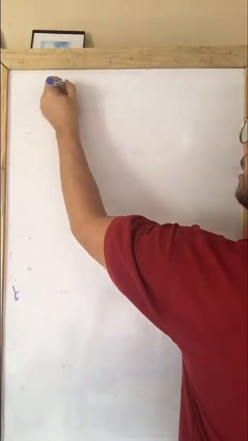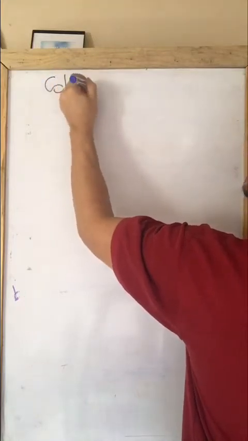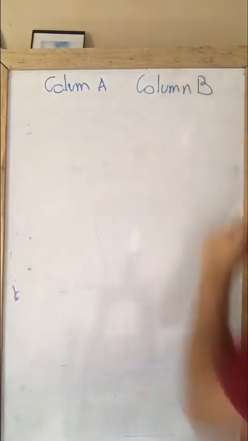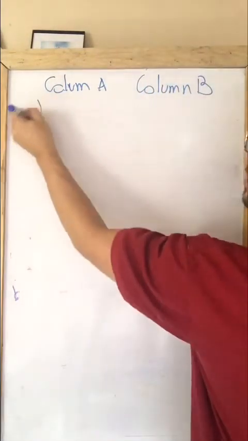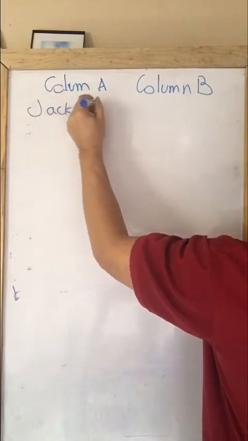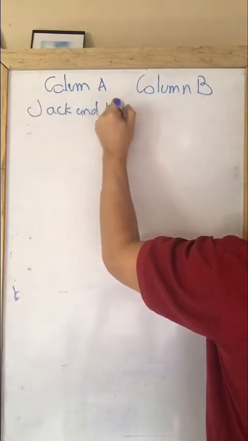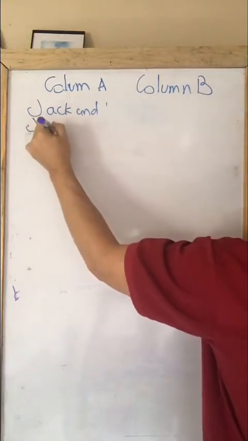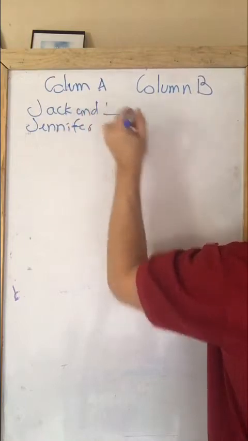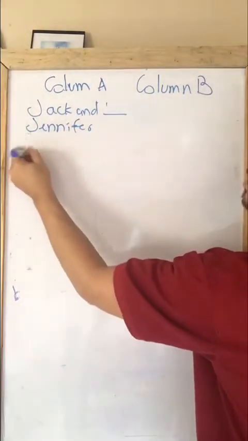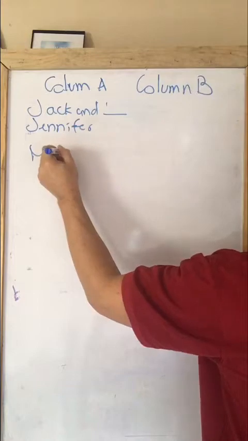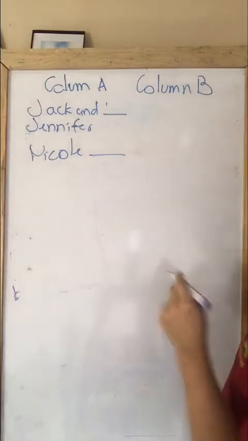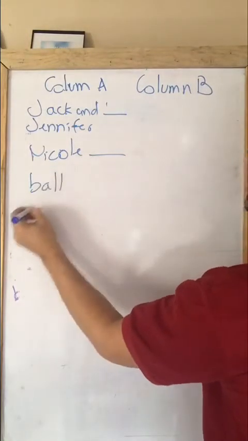We have column A, sorry, and column B. So we have in there Jack and Jennifer, Nicole, Vol, Josh,